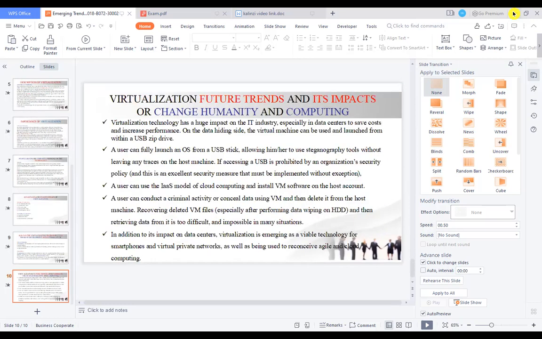We have virtualization future trends, and its impact or change on humanity and computing. Virtualization technology has a huge impact on the IT industry, especially in the data centers.